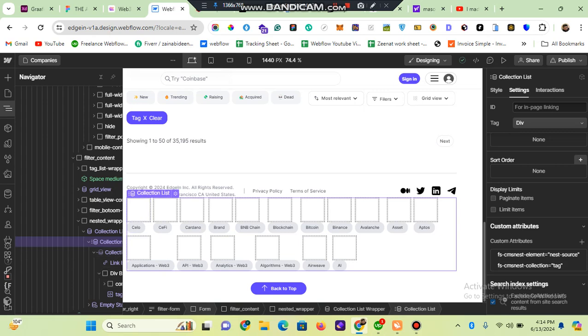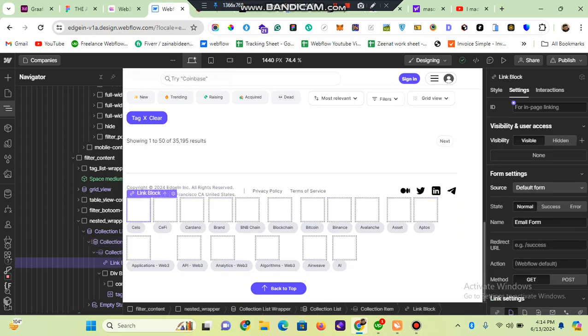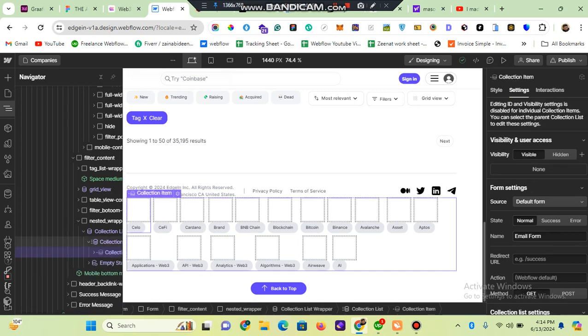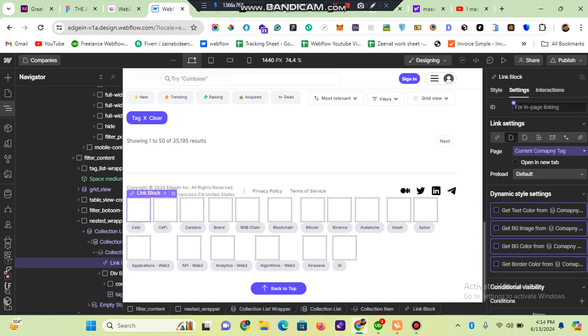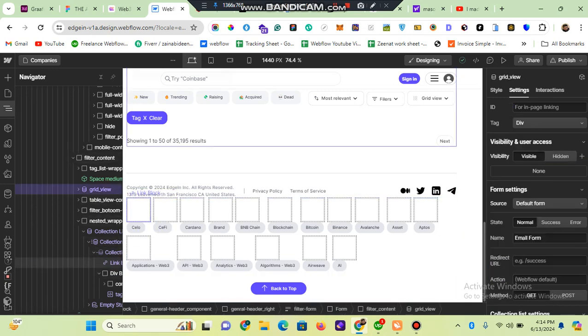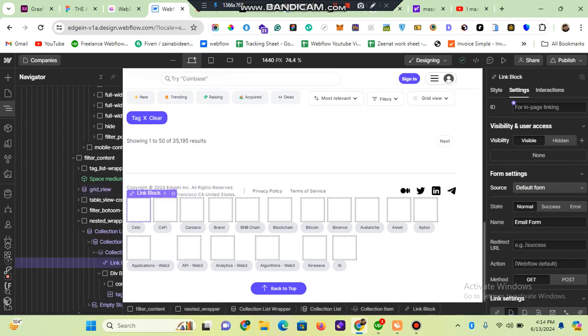Again, this is also the most important step: you must have a link, some type of link, either any link block or some link text, that must be the first child of your item, and also connected to the current page. These two steps are very important both for the parent list and for the child list which I want to be nested in this list.